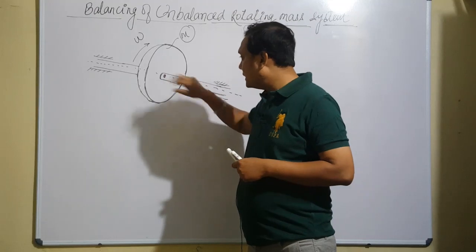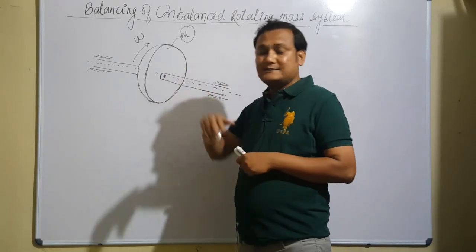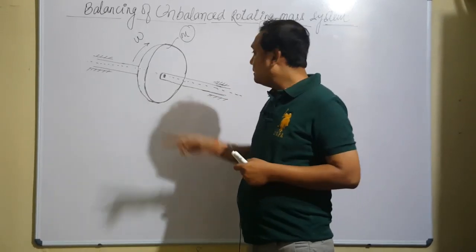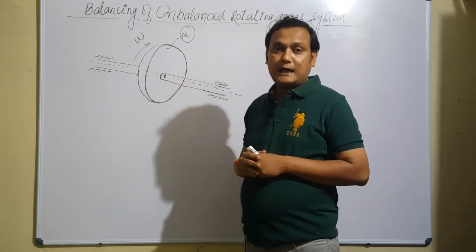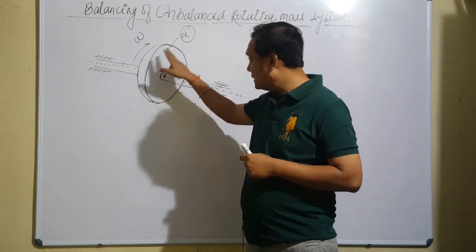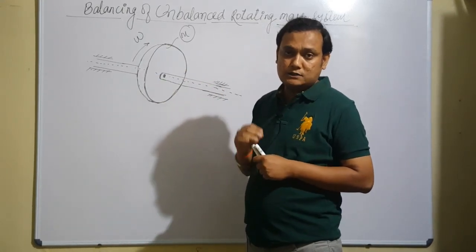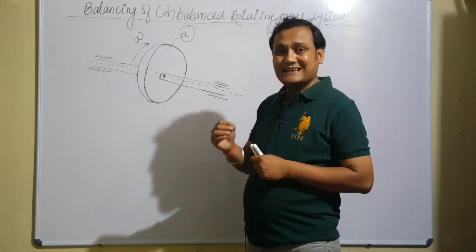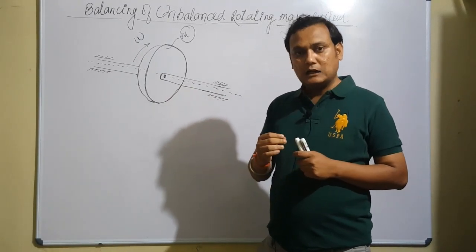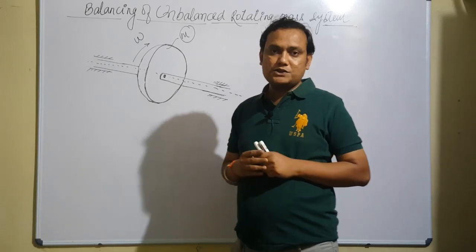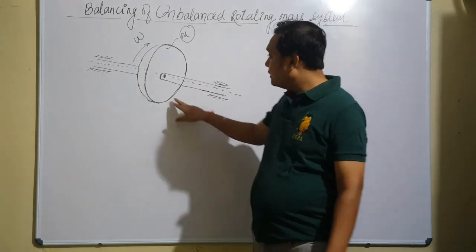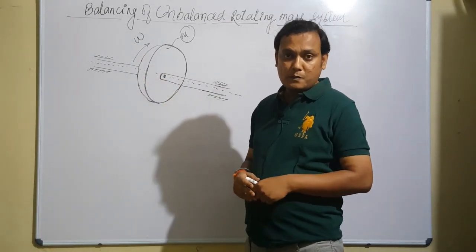If the entire mass of the body is placed at the center of mass, which is its physical significance, then the body will not feel any centrifugal force. The disc will not feel any centrifugal force. Why? Because its center of mass lies on the axis of rotation, and centrifugal force is m r omega square. Here r is the distance of a point from the axis of rotation. If my center of mass lies on the axis of rotation, definitely the disc is not feeling centrifugal force.